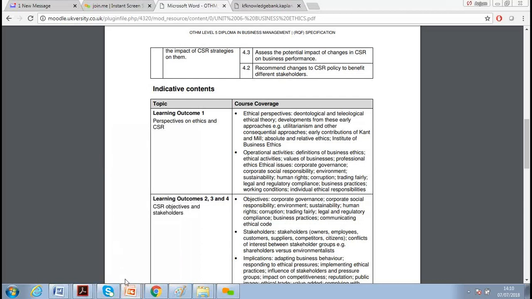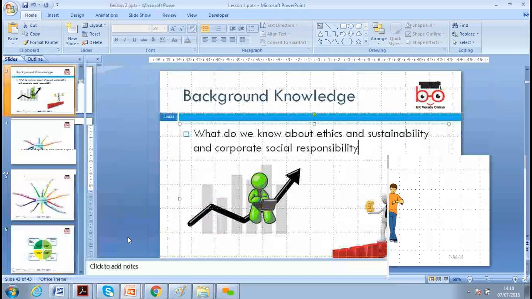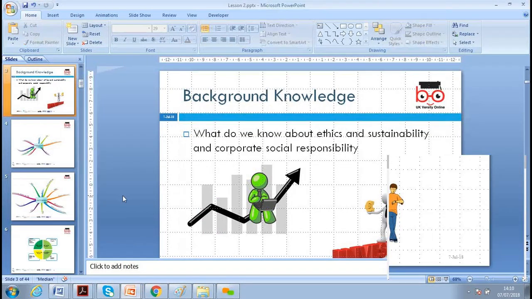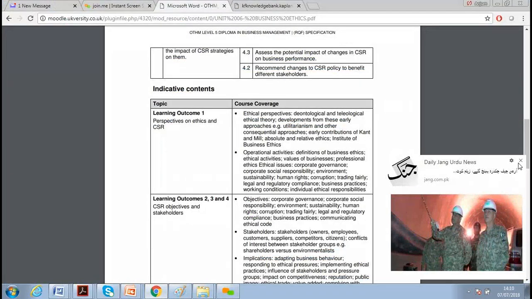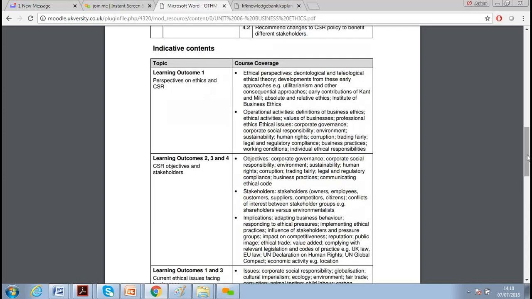Okay, so next our area of discussion today, we are doing LO2 today. So we'll start our lesson. LO2 is all about the learning objective of corporate governance. We discussed during our last lesson as well: corporate social responsibility, environment sustainability, trading fairly, legally, regulatory compliance, business practices,